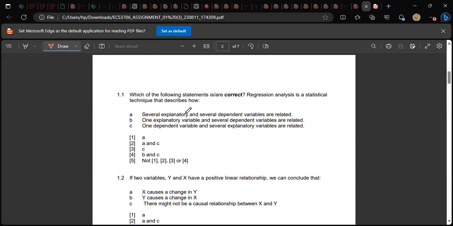So it must be many to one or one to one. There only has to be one dependent variable, so it's one on the y-axis. And then B, one explanatory variable and several dependent variables. This is still wrong for the same reason as that. So as you will see in regression analysis,